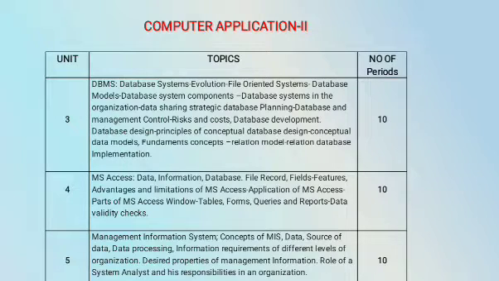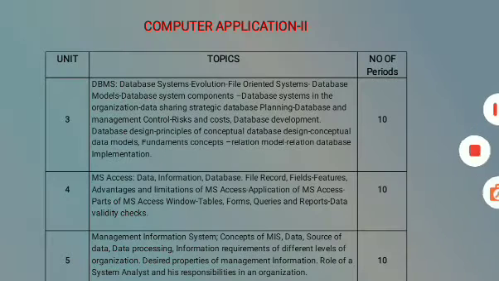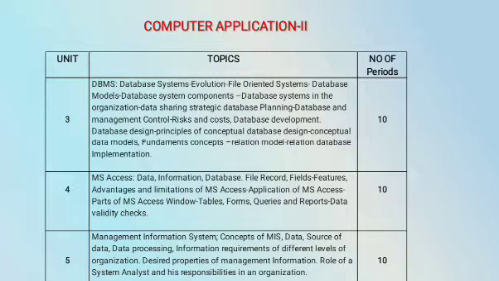The last chapter is the Management Information System, MIS. What is meant by management? What is meant by information? What is meant by system? That is the concept of MIS. What is meant by data? The source of data and how to process the data. To process the data: identify the data, design the form, enter the data, validation, storage, processing and reporting. Those are the different ways we can process data.